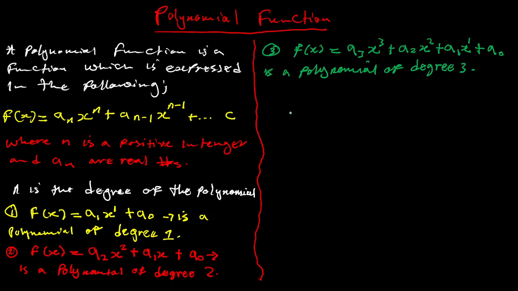So there are so many polynomials you can talk about, but I'll just stick to these 3 examples. Now, the constant value of a polynomial, which is a0,